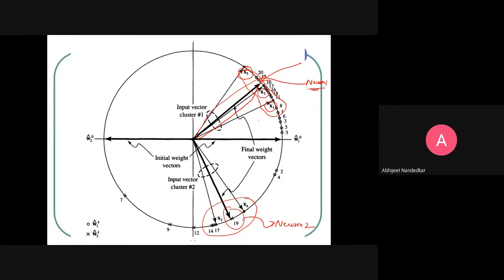Now if you have one more neuron, and you must have that many samples, then you may have the third group somewhere here depending on your data. So like that you can make any number of clusters using this technique. Now what is the minimum? As I said, you must have minimum 2 groups. The maximum you can form is equal to the number of samples. So however many samples you have, you can make that many groups. So that is how this will work.